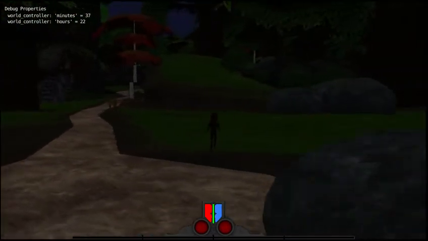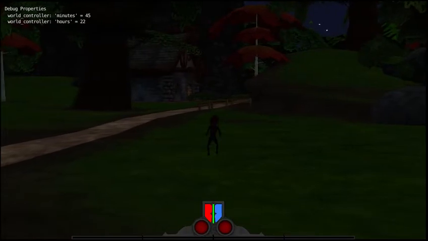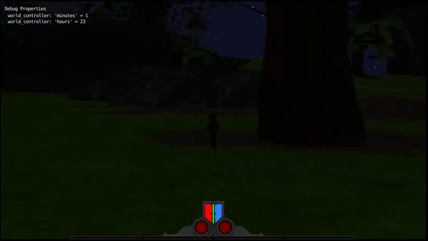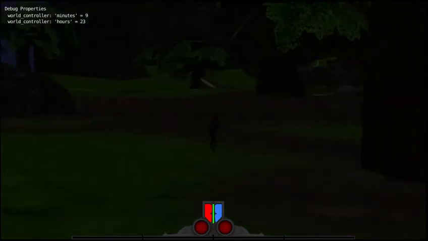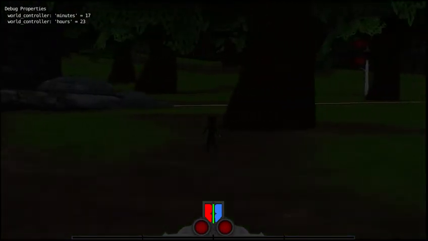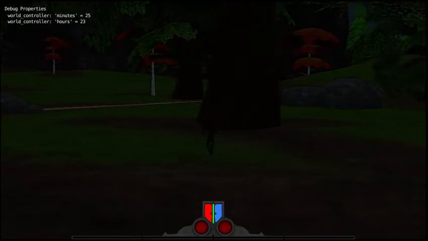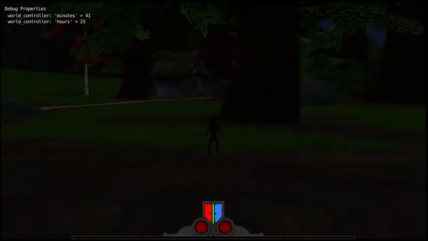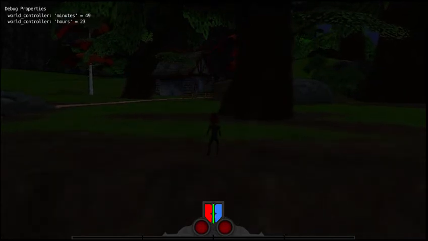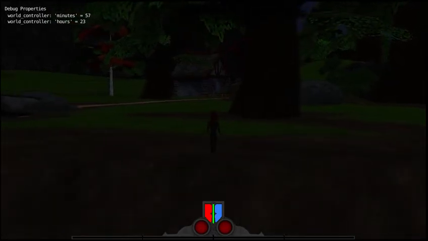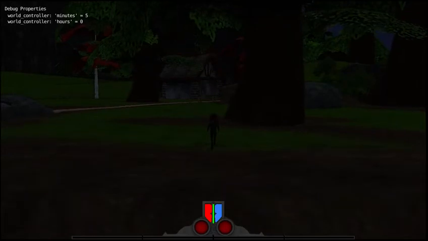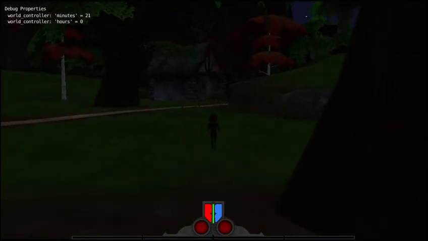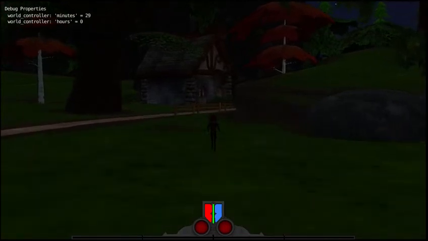So, I'm working on optimizing some of the lights, and so it's dark now, so it might be a little bit more visible. There's a little hut back here, a little shop or whatever it is. Let's see if I can get far enough away to make the lights go away if I don't fall down. No, I think I set the range a little bit higher. But basically, what the lights are doing is they're dimming down, and oh no, there it goes.